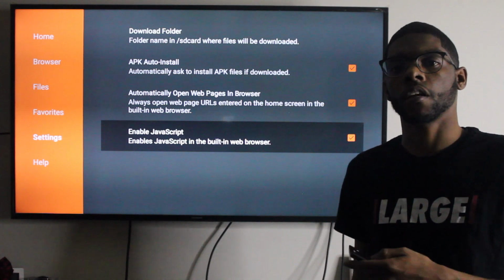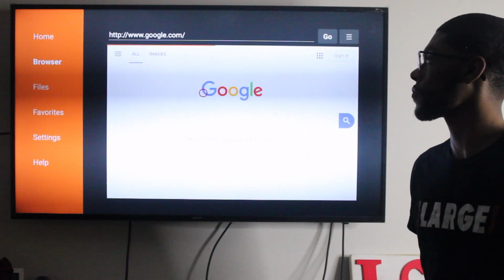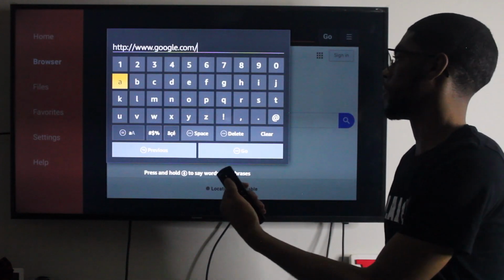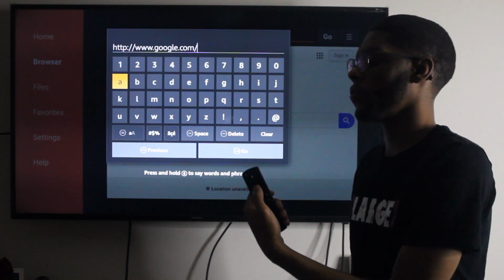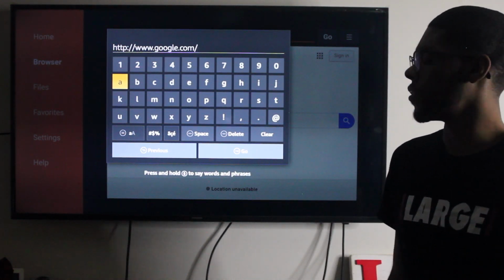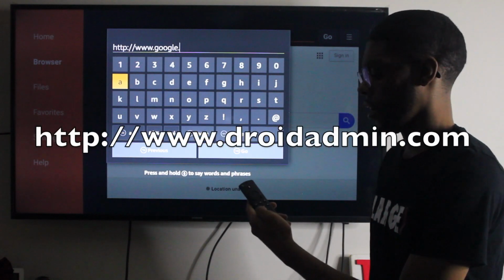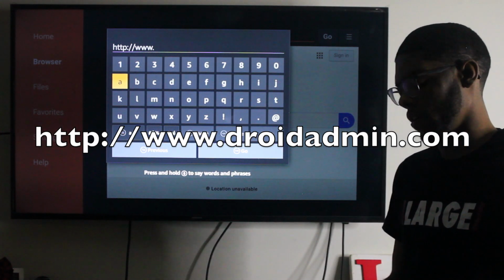So going to go back to the browser here, and as you can see, it automatically loads Google, but we're going to go up. Went up at the top of the remote, and click that circle button to get to this little menu here, and I'm going to just backspace with the rewind button, and I'm going to type in